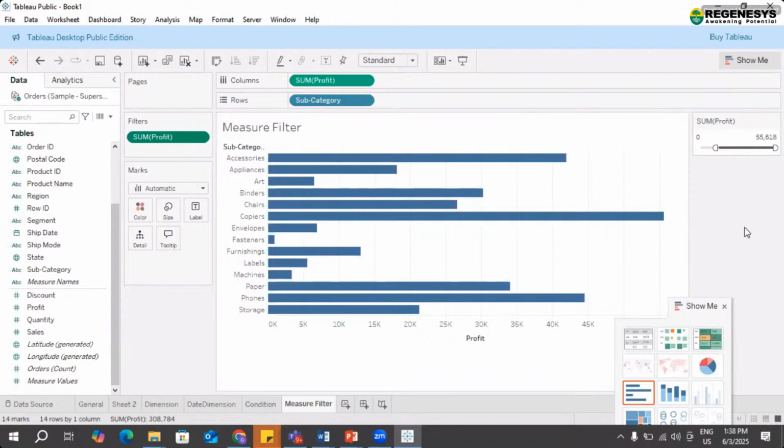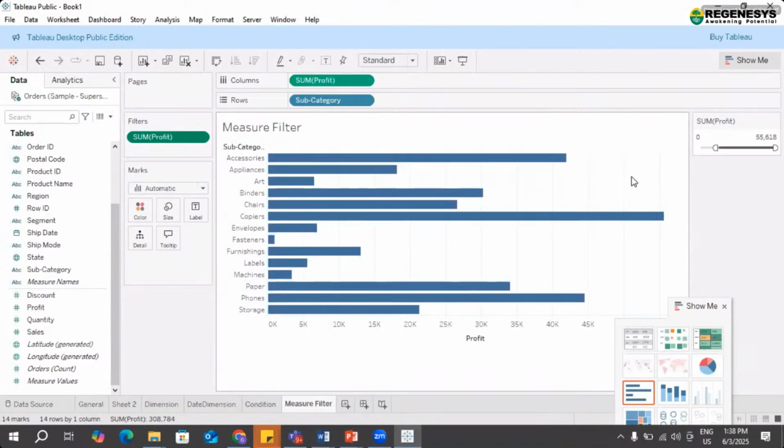Let's say, for example, you are able to see that you are getting some negative profit in some subcategories, and you need to work on that. Why are we getting negative profit? The company or organization needs to take some particular decision on that particular category or product.